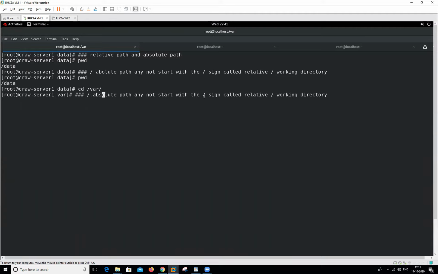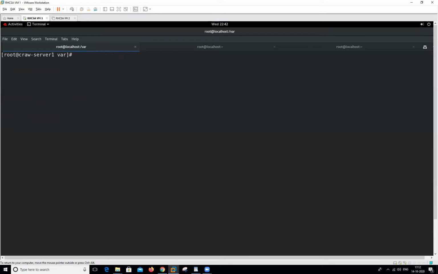It always starts with the slash sign. And when we want to move to another location, first exit from this location. So now in which location are we working? I will check by using this particular command. Move to this particular location, then you can select another location.